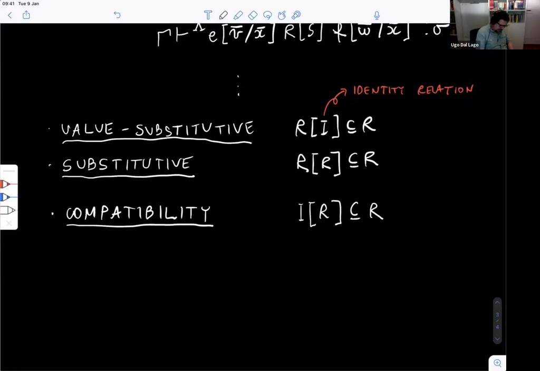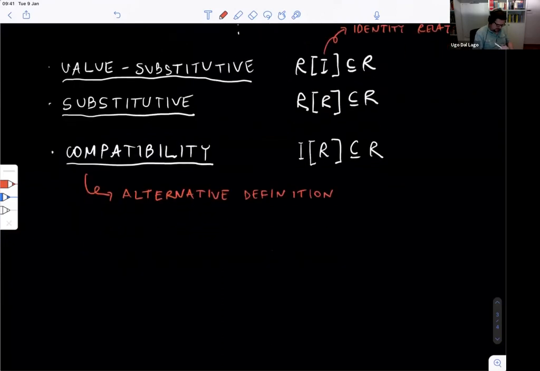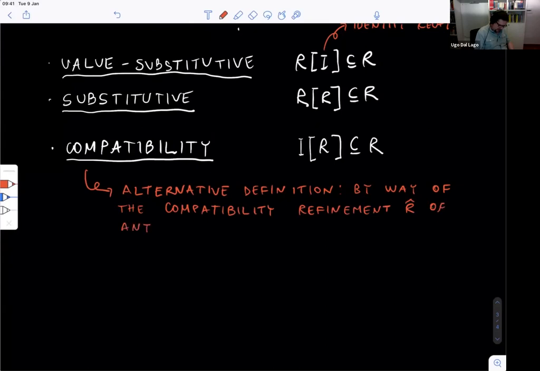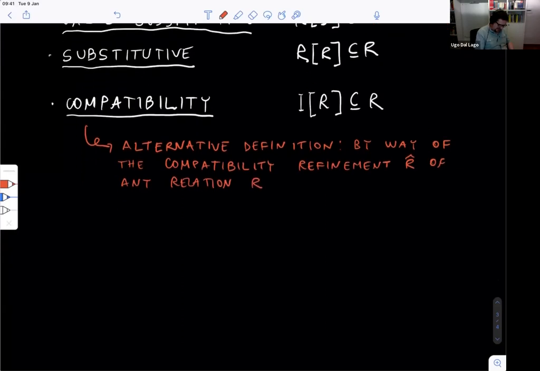There is another way, you can find it in the notes, but I don't want to spend too much time with that. An alternative definition of the same concept by way of the compatibility refinement, R hat of any termination. The compatibility refinement tells you that basically, let me just write it informally,